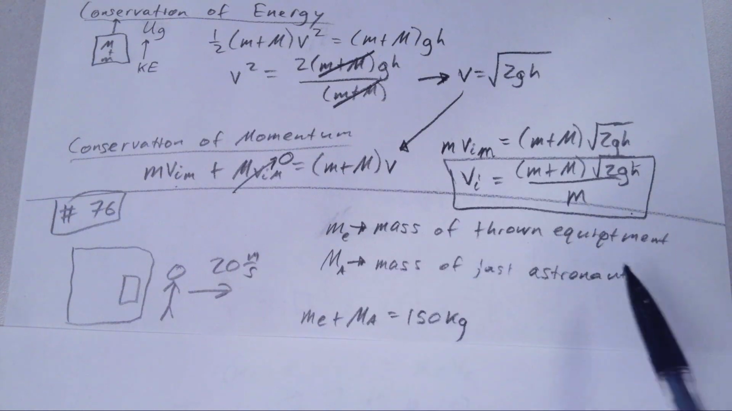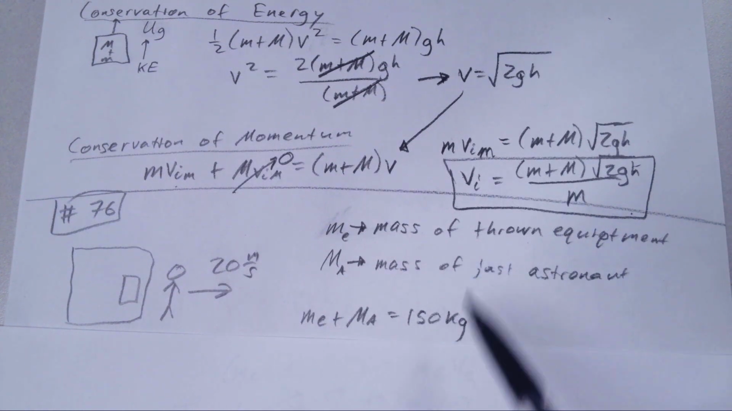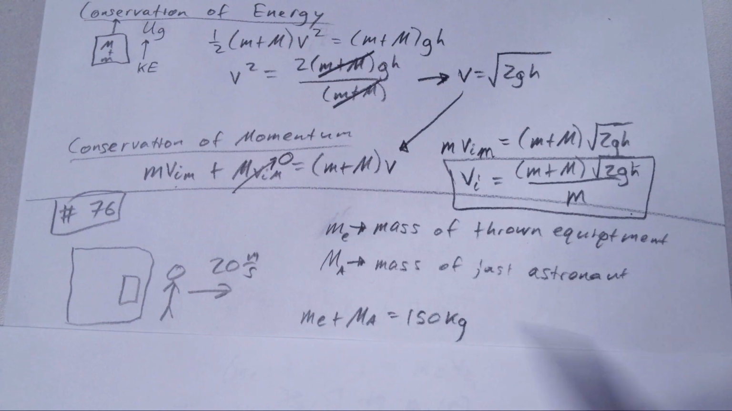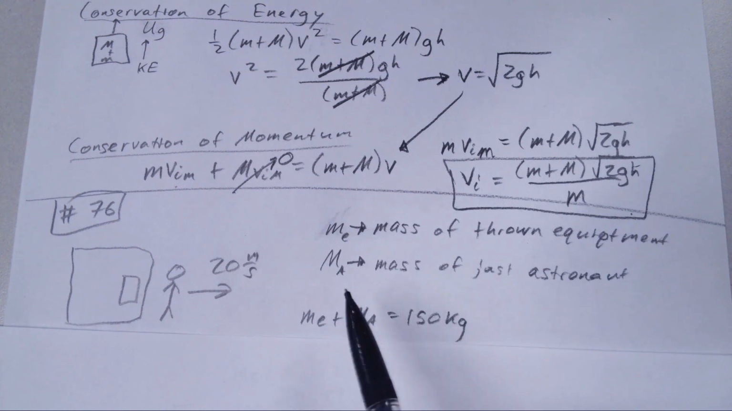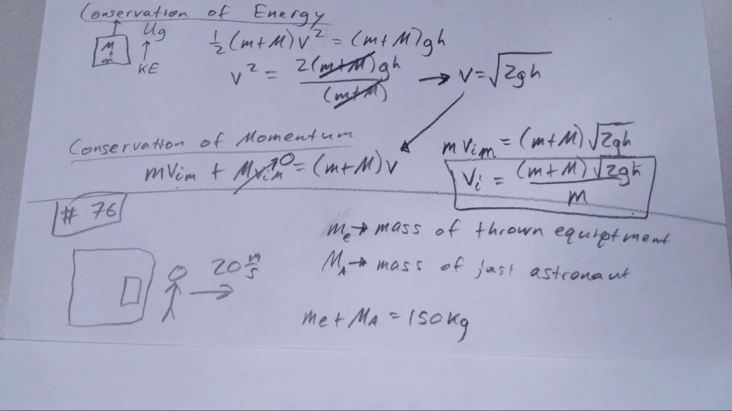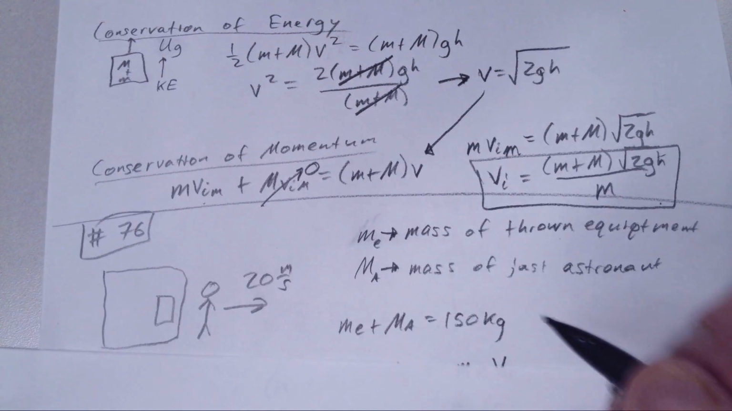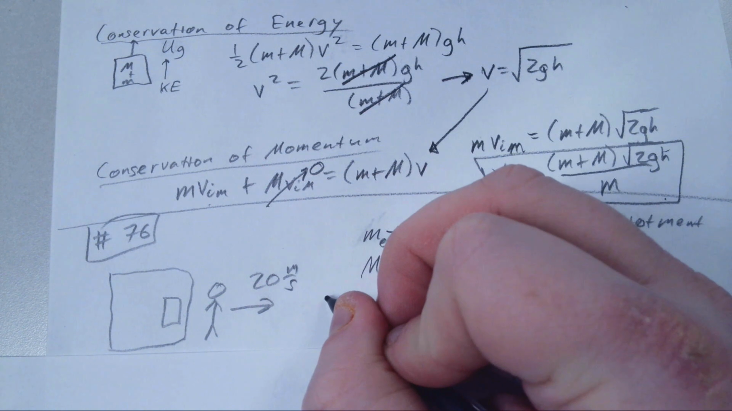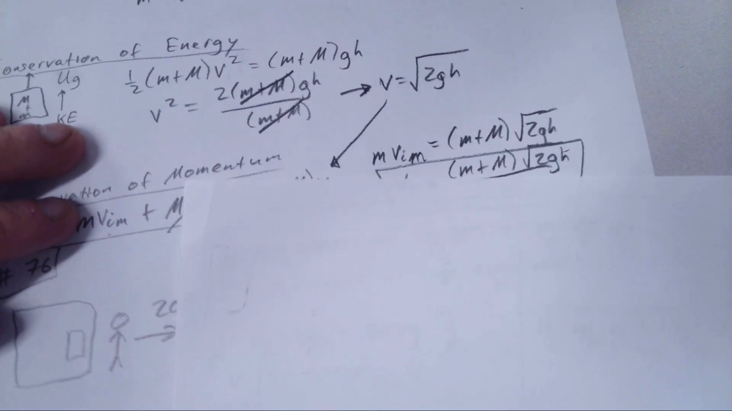The mass of the thrown equipment is little m_e, and the mass of just the astronaut by itself is m_a. This will make sense a little bit later in showing why this doesn't make sense. They tell us in the problem that the combined mass of the astronaut and all the equipment is 150 kilograms. So we need to figure out, at some other point, I need to draw over here, at some other point,